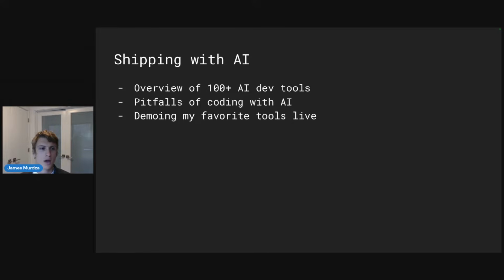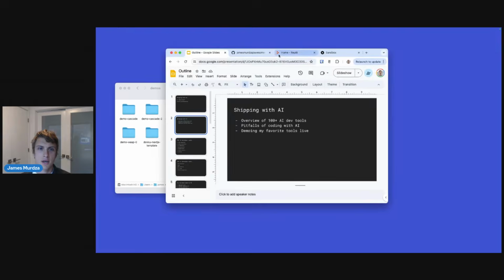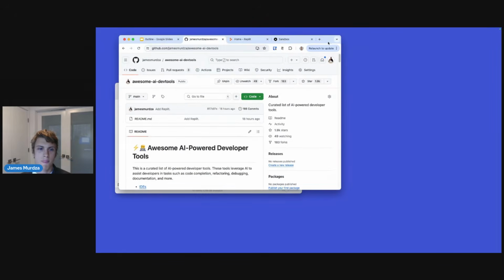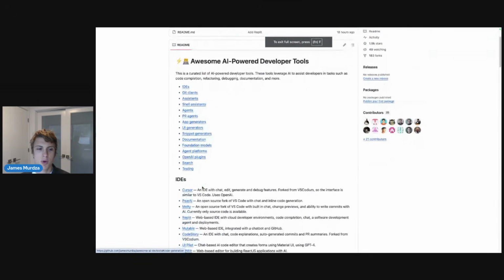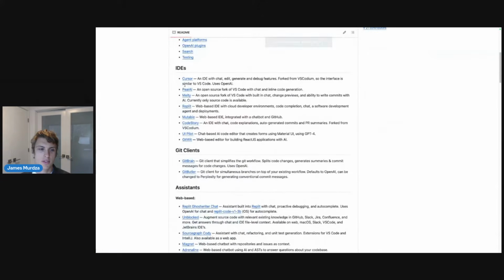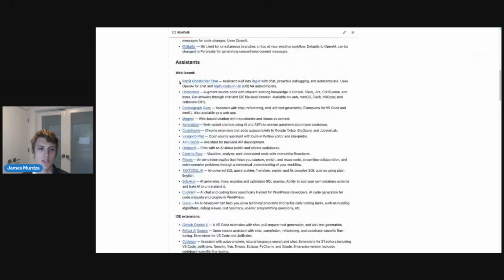Myself, I have reviewed or compiled a list of over 100 AI dev tools. That didn't just happen in the past few days, but over the past year. It just started sometime last year. I was researching what AI developer tools are out there, and I started this list. And so this list started as a few tools, as a GitHub repository, and now there's hundreds, more than 100